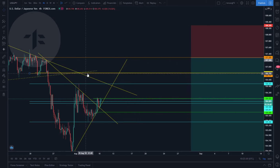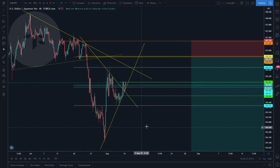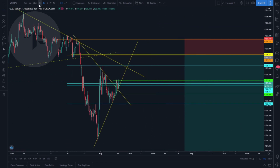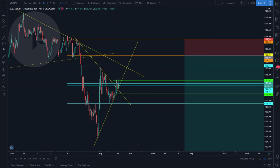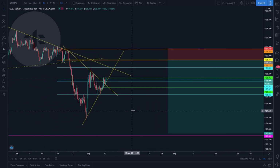So kalau there's a CRS level around this level nanti, then we can expect to start our short entry there, and then kita boleh try cari short position sampai level 103. Alright, so that's all for USDJPY. I hope you get something. What you guys can do is to mark all the levels that I have marked. Try to anticipate the market. Look out for all these levels that I have marked, so you guys can make your own decision untuk masuk entry